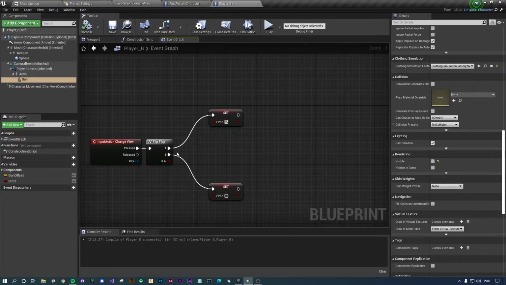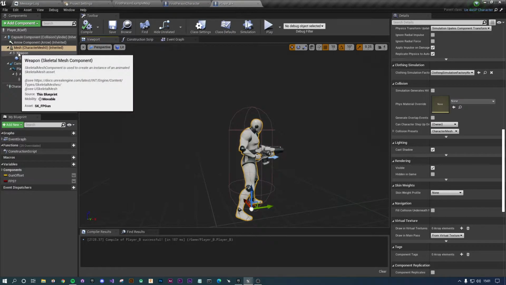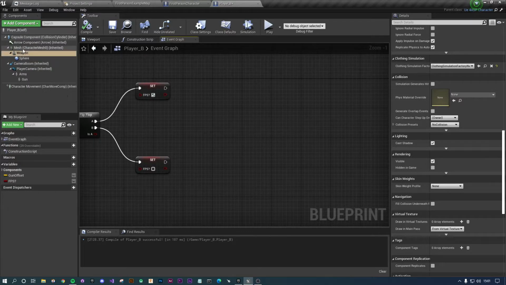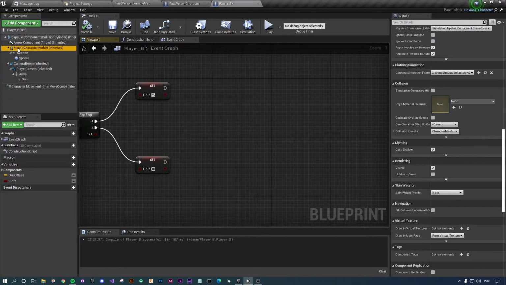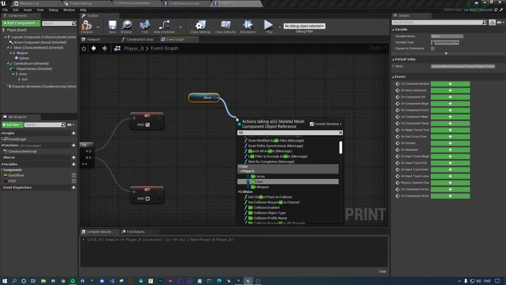But when we set it to FPS, we actually want to make these visible, but we also want to make the other character not visible. So we want to change the third person mesh and weapon to not visible first. To do that, grab a reference to your mesh, which is the top one, and from that, pull off and type in set viz,